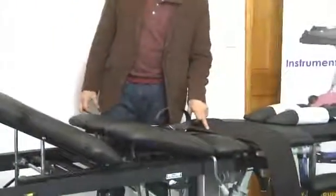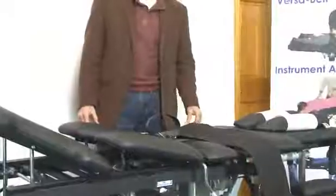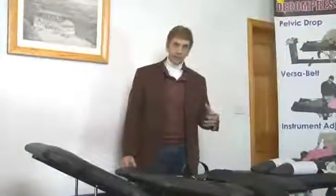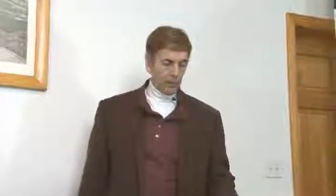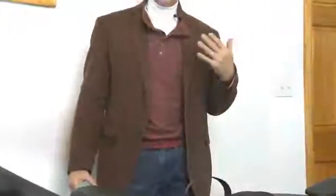at the split so that the mechanics of the table work in our advantage. Two, we have to make sure that the belt is very tight and comfortably tight, but tight enough that it doesn't slip or create any caudal movement, and that it grasps the patient properly around the iliac crest. When the belt is properly applied, we're going to get a virtual exacting pressure or tension from the motor to the belt, and the patient's perception of the tensioning of the belt on their waistline will help increase the